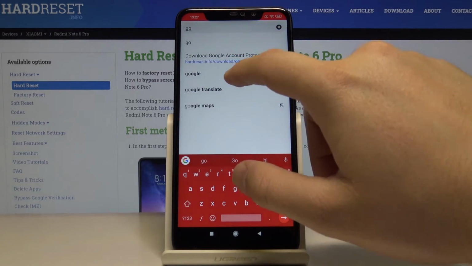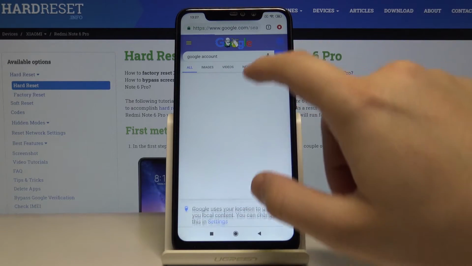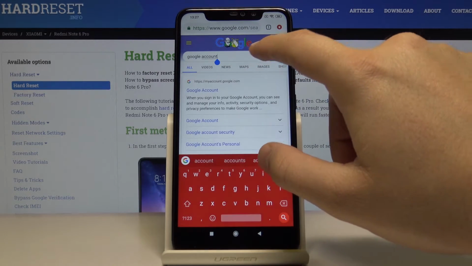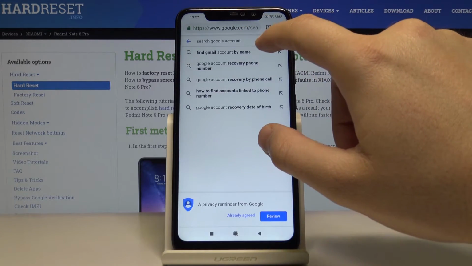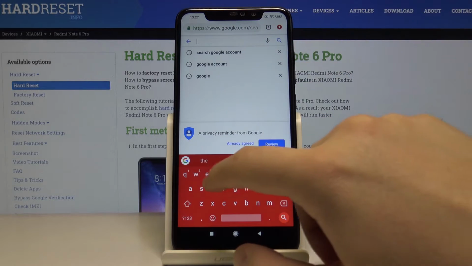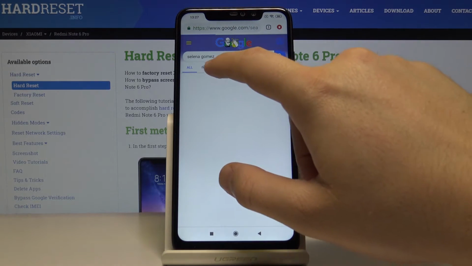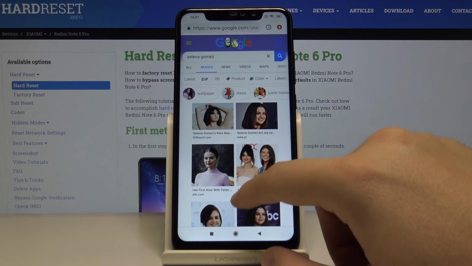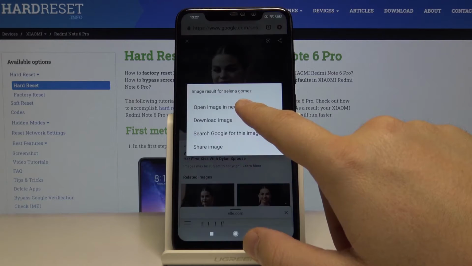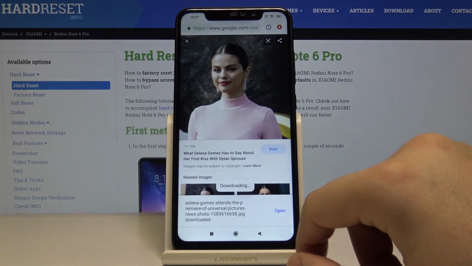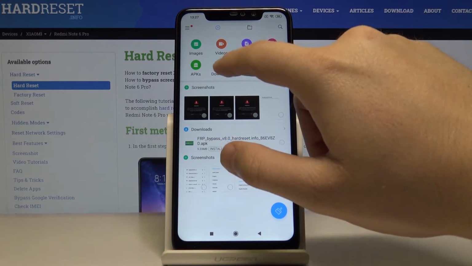So go to the Google, maybe we can go for the Selena Gomez picture. Sorry. Now we are going to type here Selena Gomez, click on the images, and maybe we can save this photo. Click, hold, click on the download, and right now when we are going back to the file manager and download